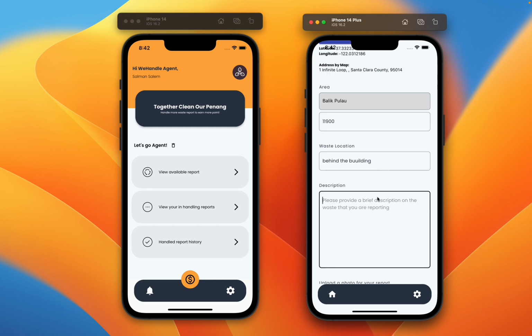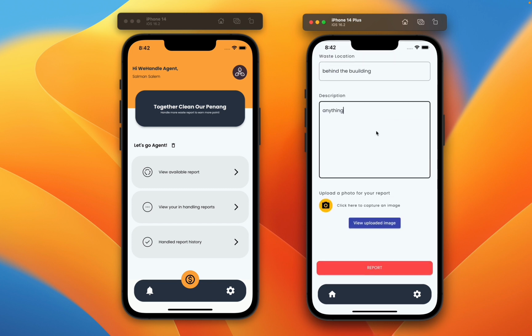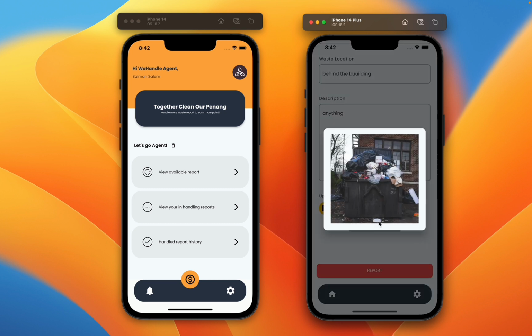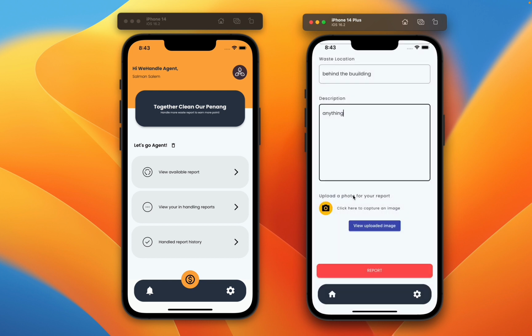Then for the description, they can put any description for their waste report, and then they can upload a photo for the report, and then view the uploaded photo. For now, I am using a preloaded image as I am demonstrating this application on a simulator, so there's no camera access or any camera hardware for the simulator. So after everything has been filled in, they can just click on report,